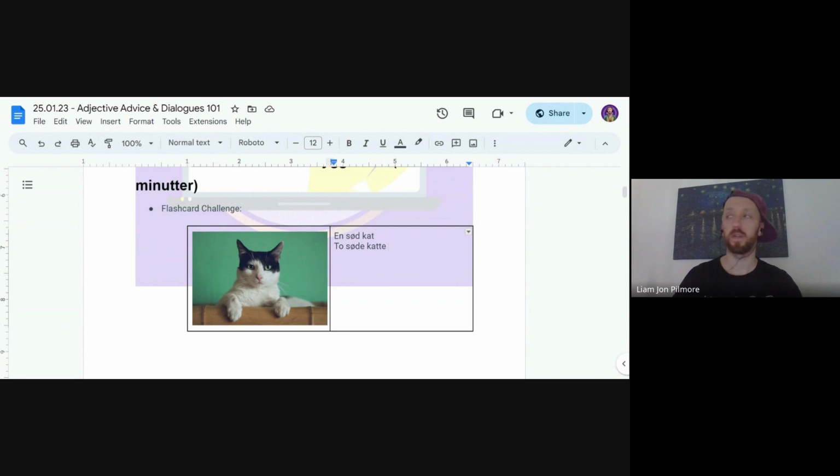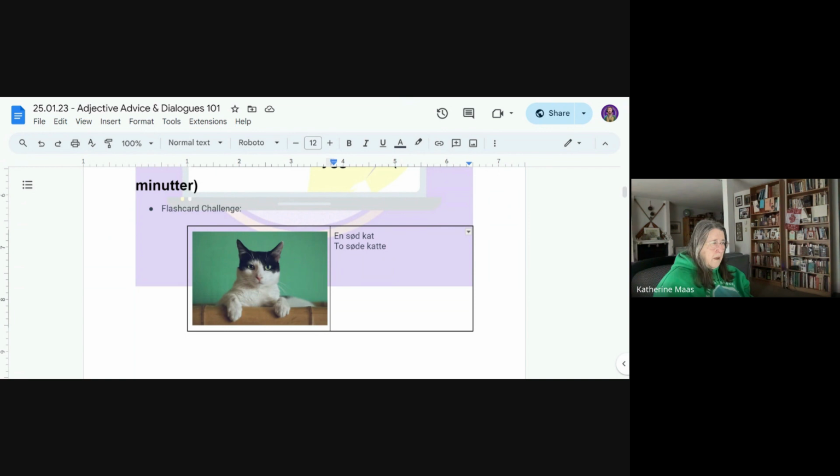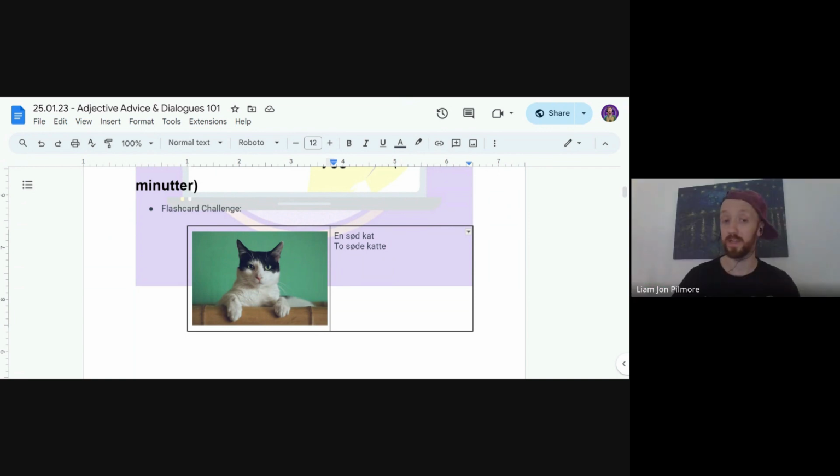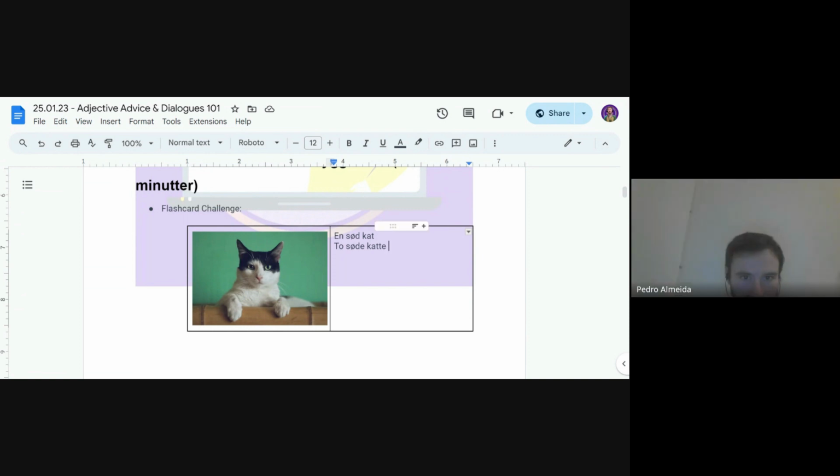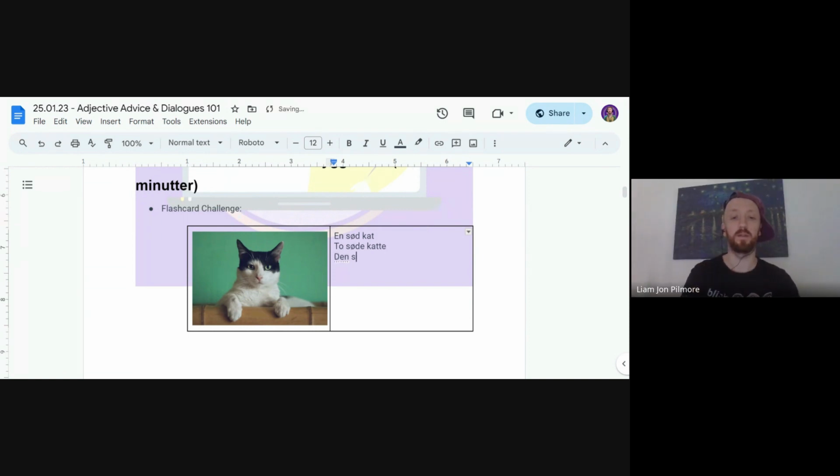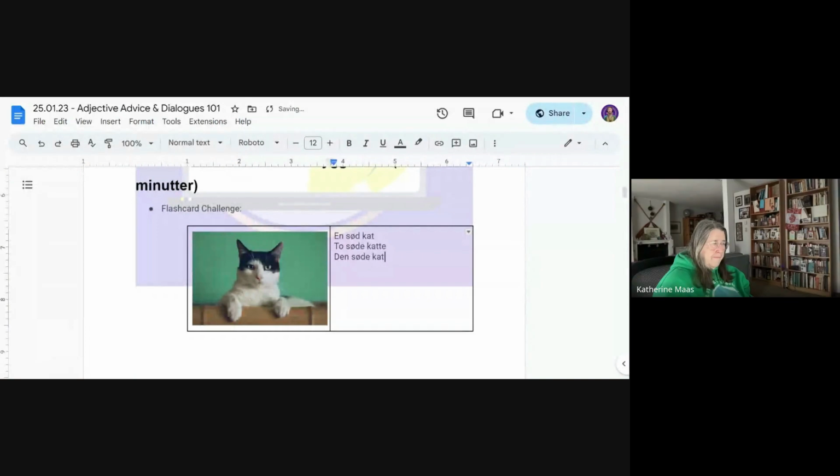What about if I was like, look at that sweet cat or cute cat? En sød kat. That would be a sweet cat, so it's kind of unspecific. But if I was being specific, like there's one over there, you'd use den søde kat.